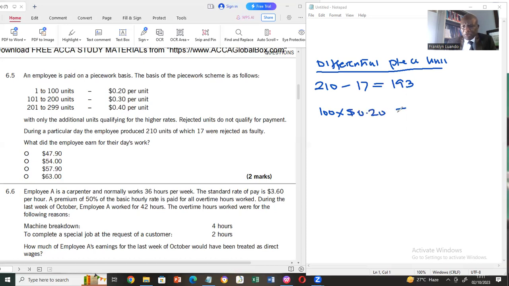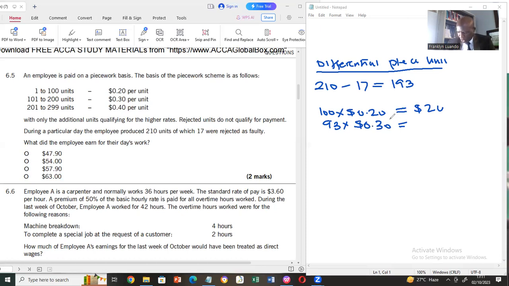So this will be $20. We have a balance of 93. The next band also has 100 units, so 93 falls in the second band, which will be paid at